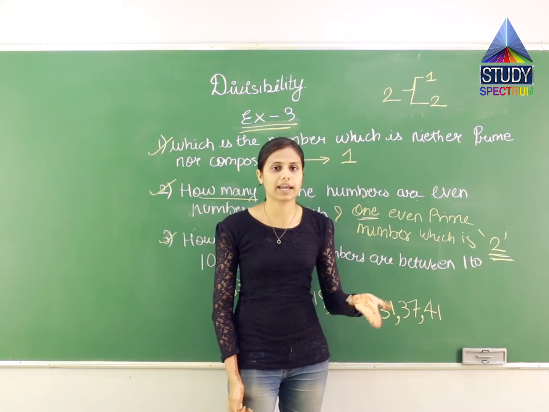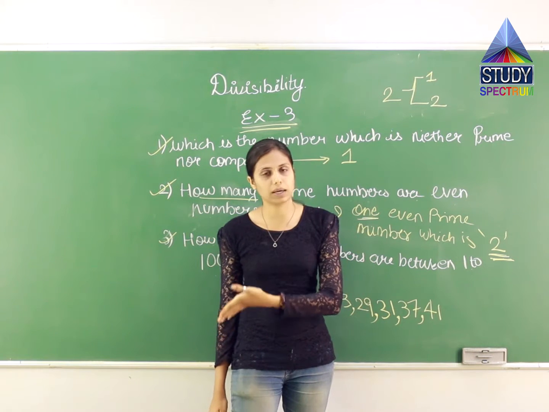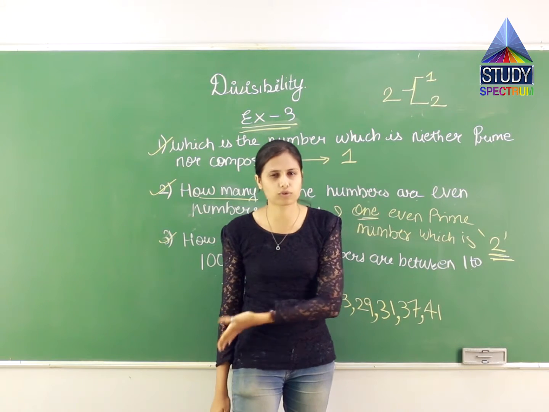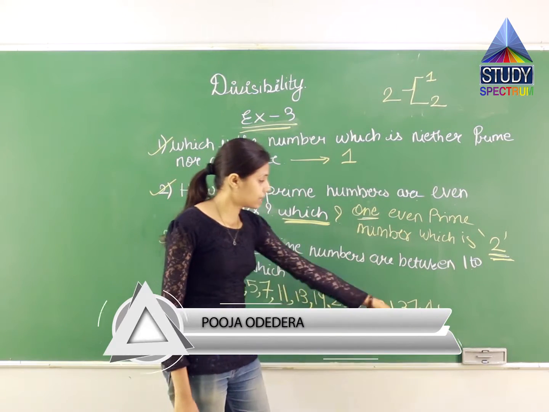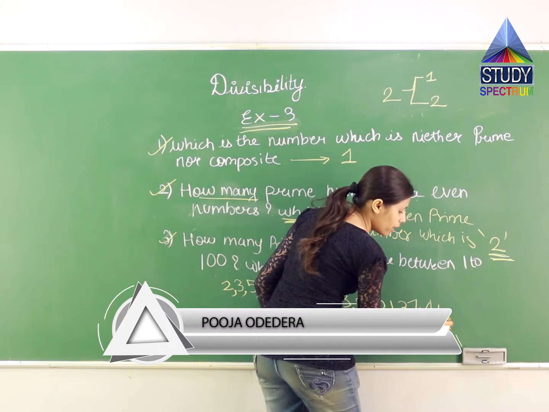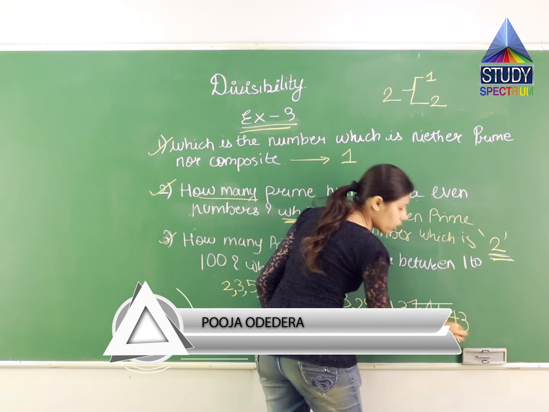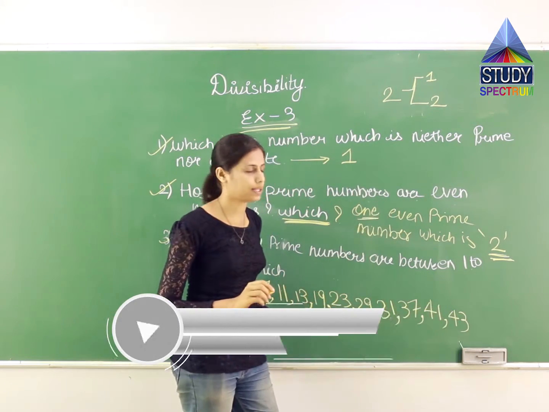40 comes in the table of 10, comes in the table of 5, it comes in the table of 4, it comes in the table of 2. So 40 is also not possible. Then another is 41. So like that you have to recite all the numbers and check कि वो किसी के टेबल में आता है कि नहीं.